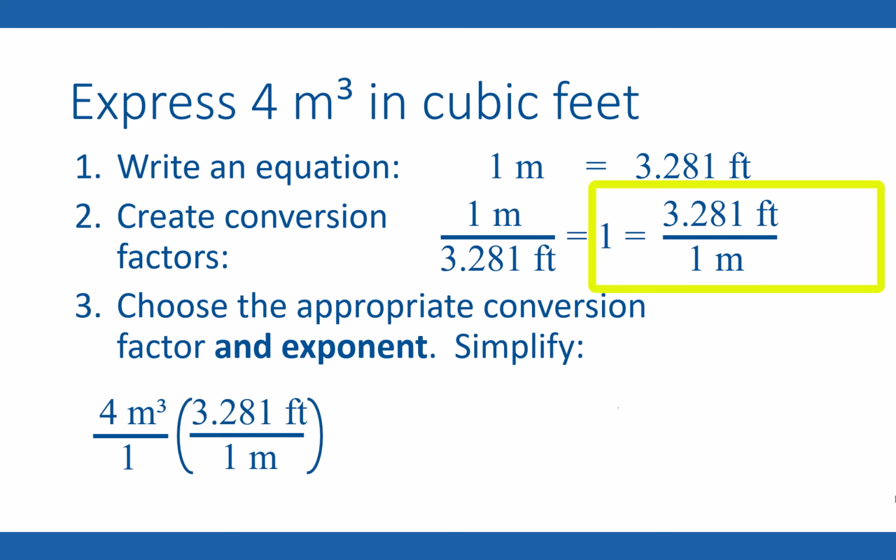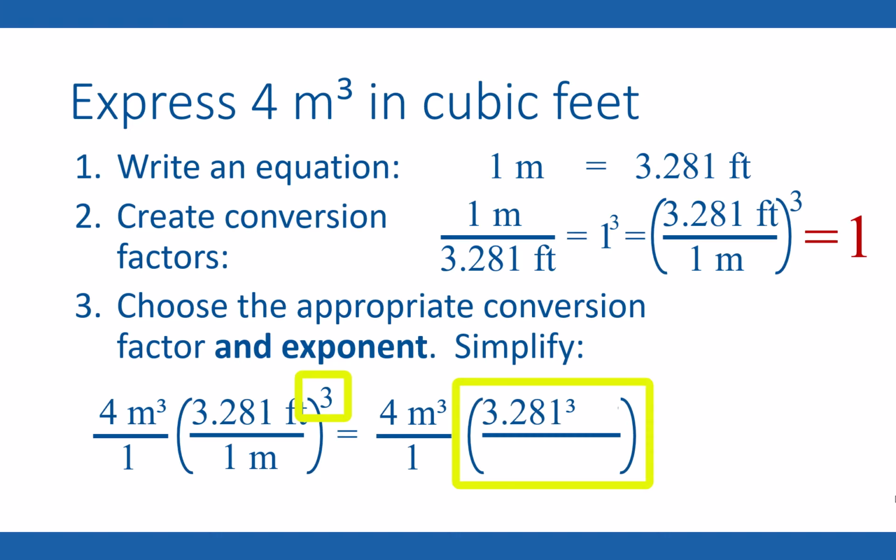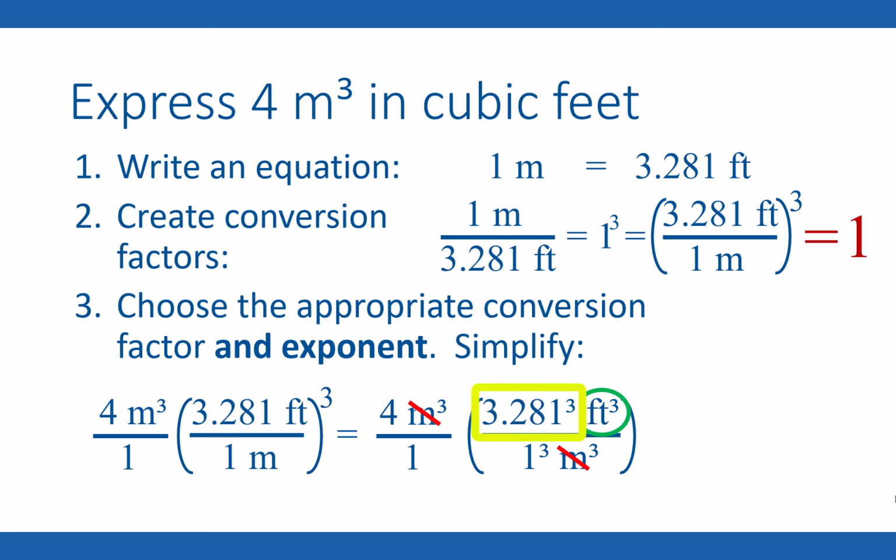Because every conversion factor is equal to 1, we can cube the conversion factor and it still equals 1. Cubing the conversion factor means cubing every number and unit in the conversion factor. Now the cubic meters cancel and we are left with cubic feet. When you multiply out the numbers, do not forget the third power on the 3.281. This tells us that 4 cubic meters equals